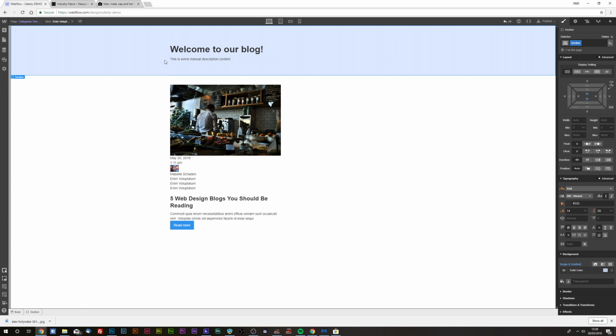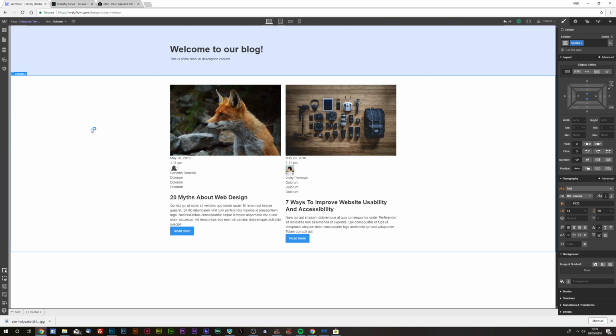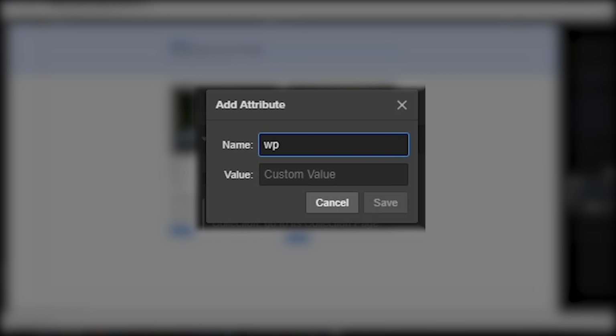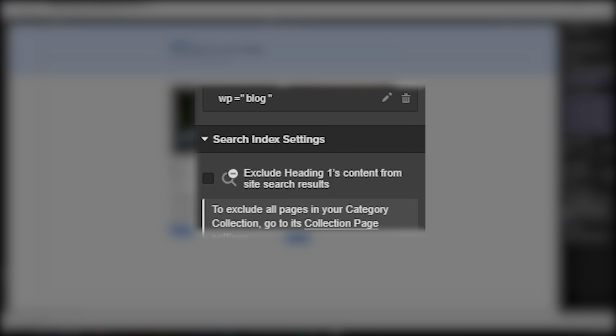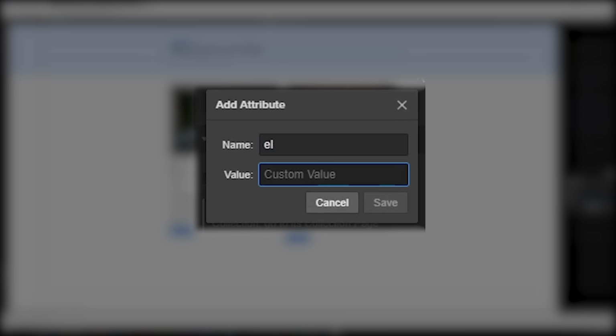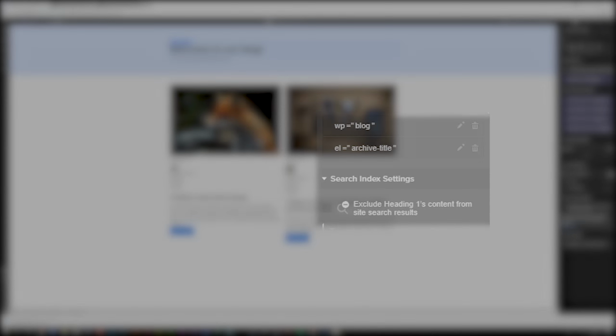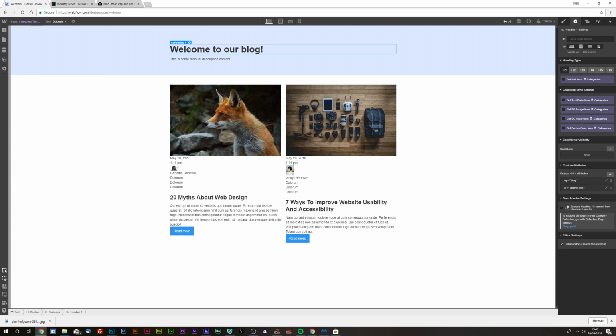content. Again, you can obviously add whatever elements onto this page as you have your collection list already set up, and it will change depending on what category you are selected. But if, for example, you want to have the archive title, so if you just select that and you go ahead and go to your attributes and type in on your attributes WP for WordPress and blog, because this is a blog element, and then you want to add the element, so EL, and then archive hyphen title, and enter that. What that will do is when you convert it across using the Udesly adapter, that will then change to your category page title. But if you're on the home page of your blog, that'll just change to the default